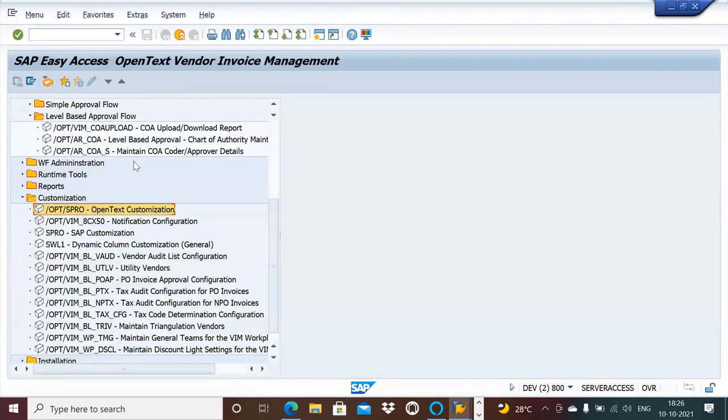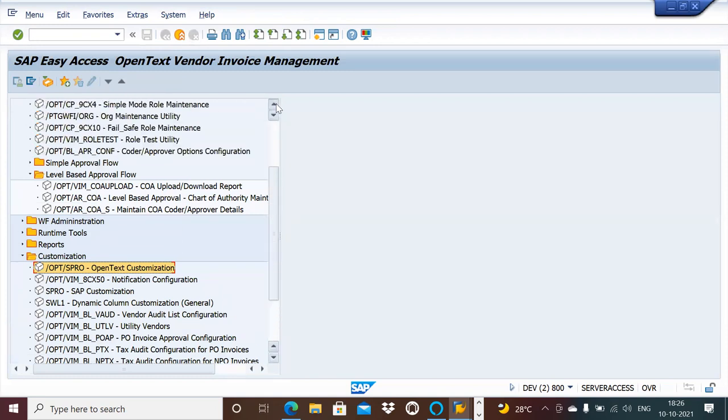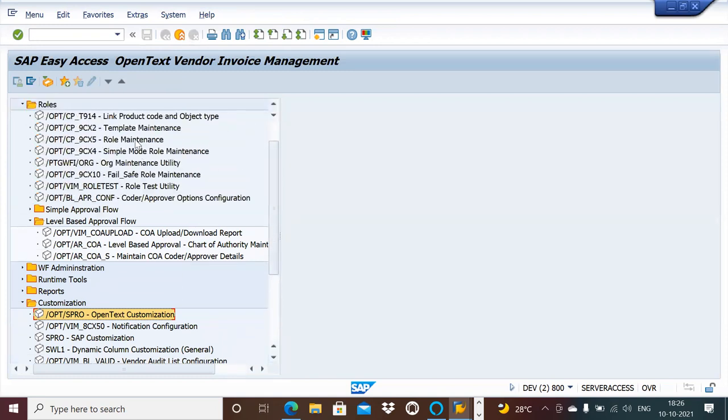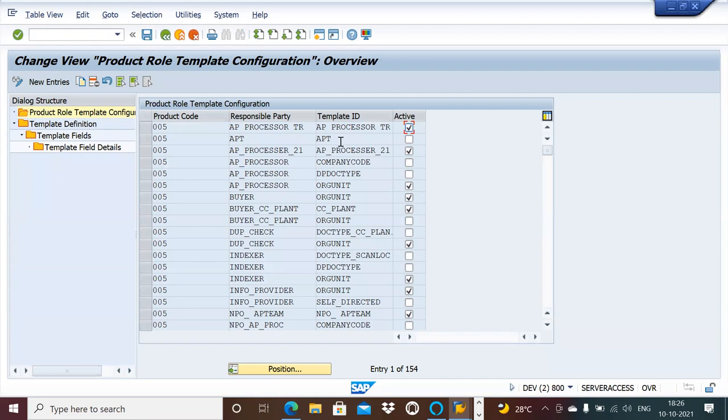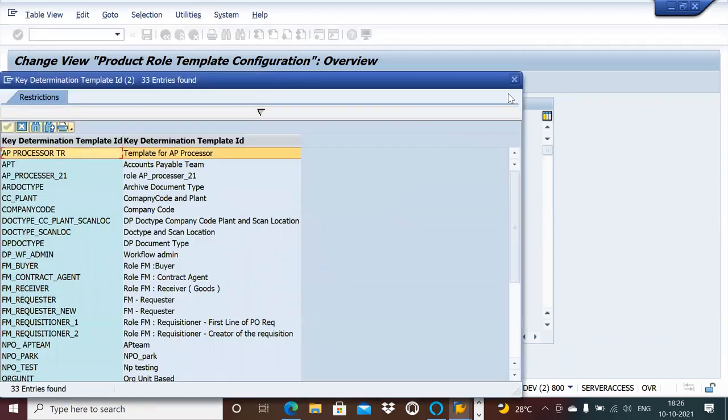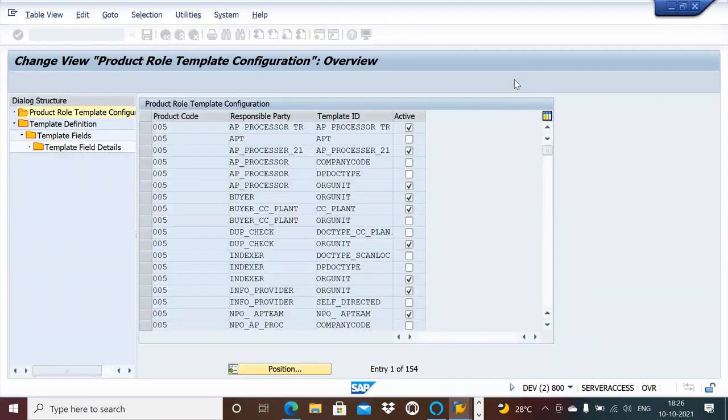Before that, sorry, I just wanted to relate this one. First, you need to create a role here in 9CX5, and in the template you create the template and assign the role to the template. What kind of template do you want to choose, whether it is a RV unit, field based, or function model based? That is the thing we do first when we choose, and then later